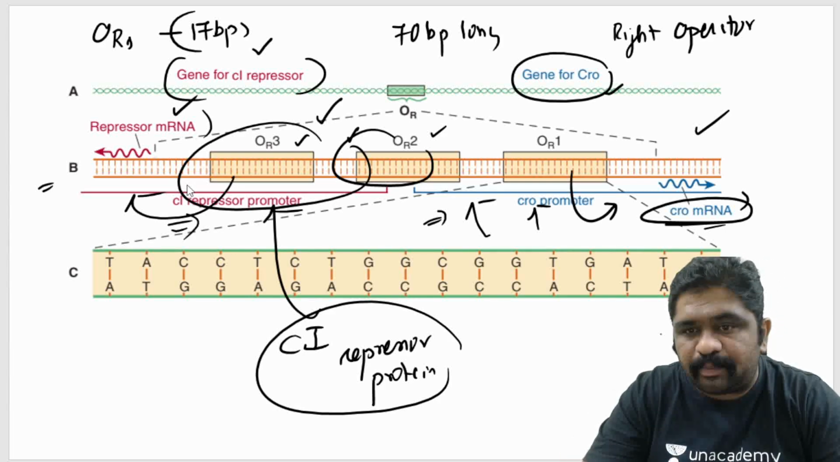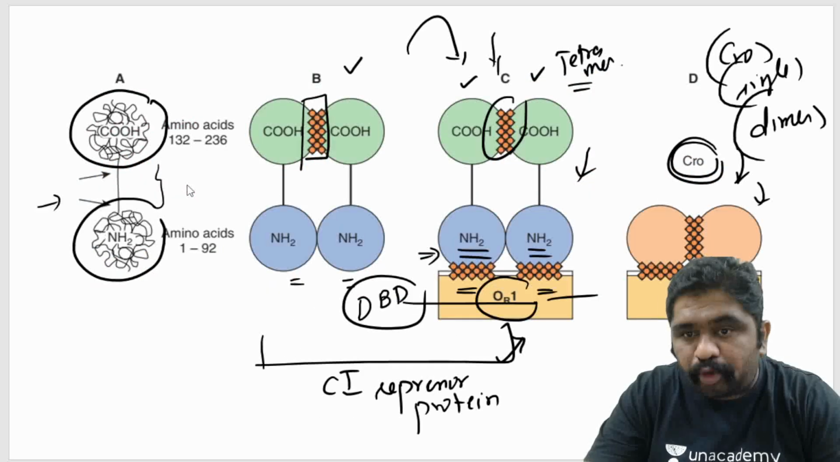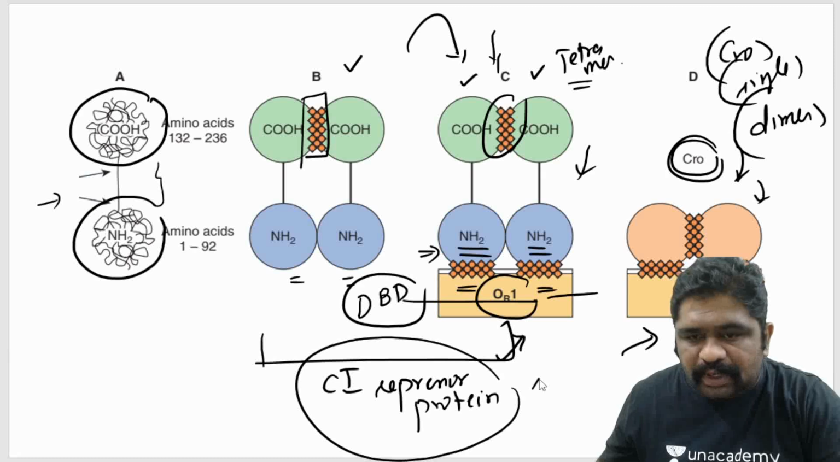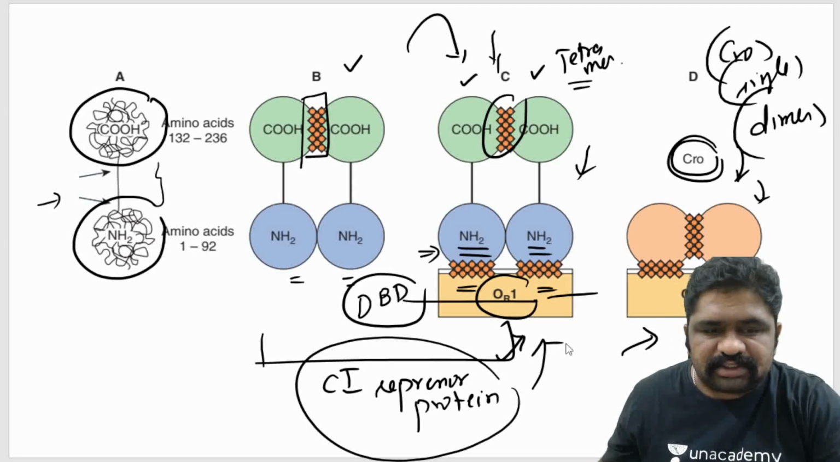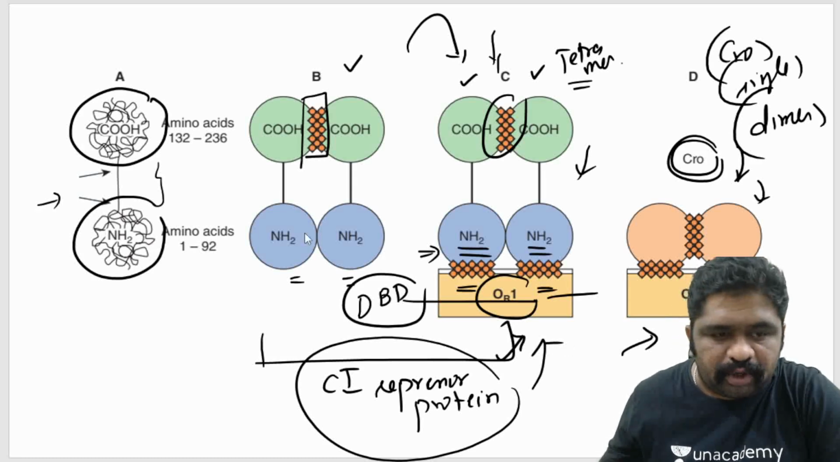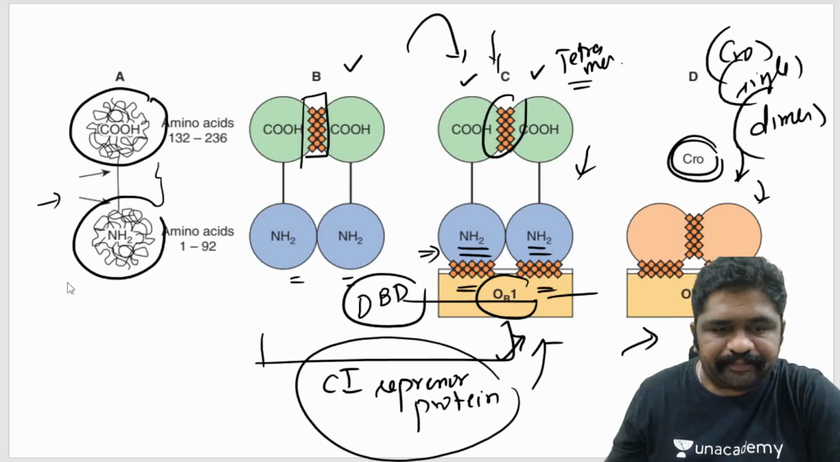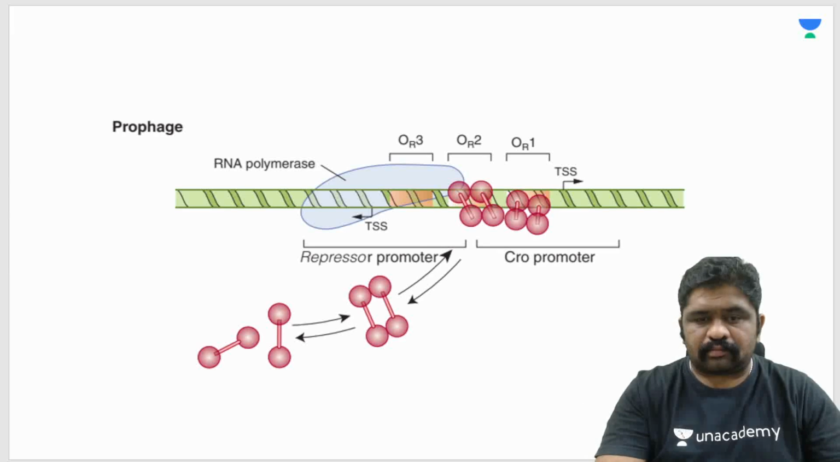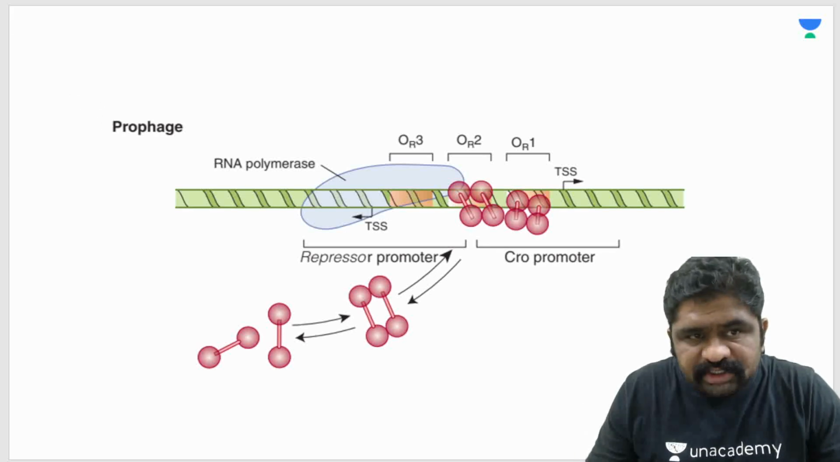But whenever the proteins are happening, the CRO protein will act on the OR3, while the CI repressor protein will act on the OR1. This is the difference I would want you to remember and recollect. Is that okay? So watching this clearly again,